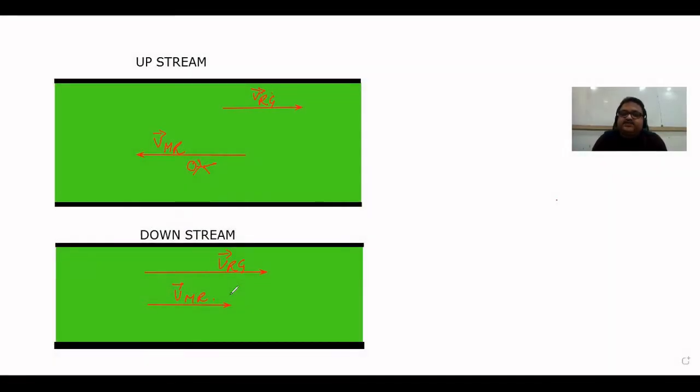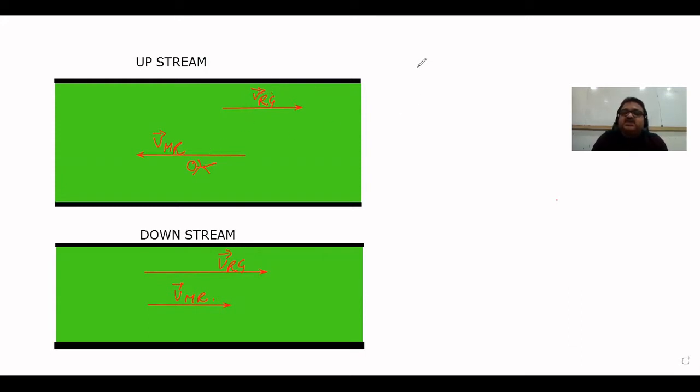Today we will learn the riverboat problem, the reverse river problem. So let's start. Let me cover the first two steps. Let's start with the concept of upstream and downstream. What do you mean by upstream? When the man is struggling against the direction of flow of the river, correct? And what do you mean by downstream? When the man is struggling in the direction of flow of the river, correct?